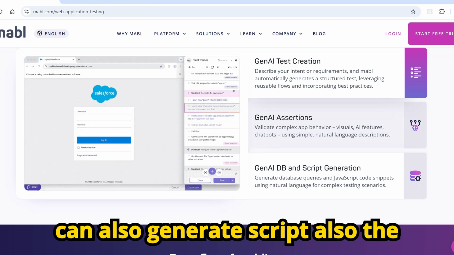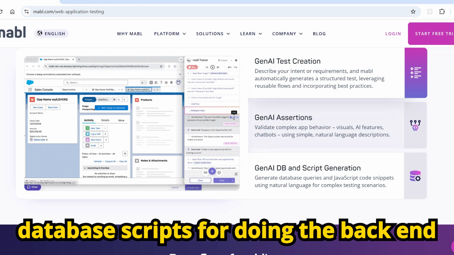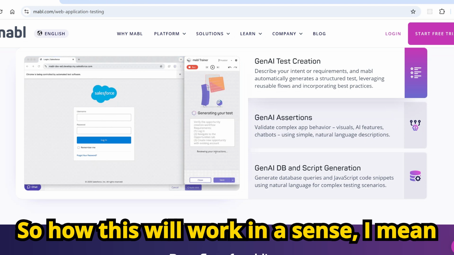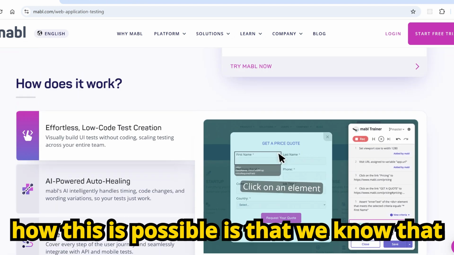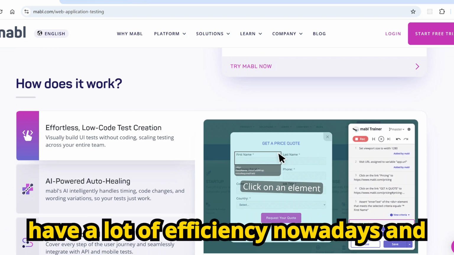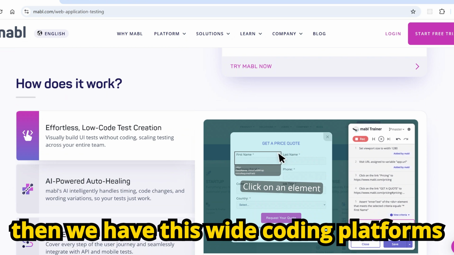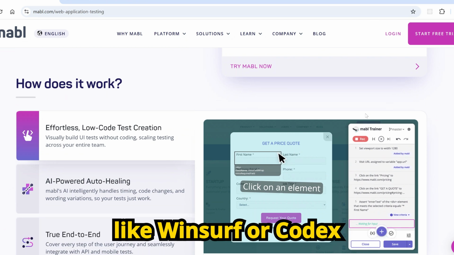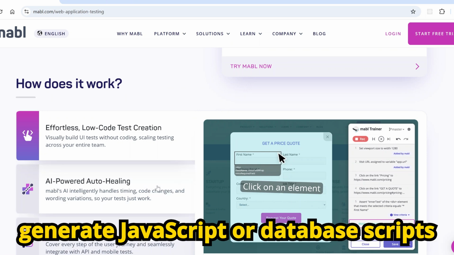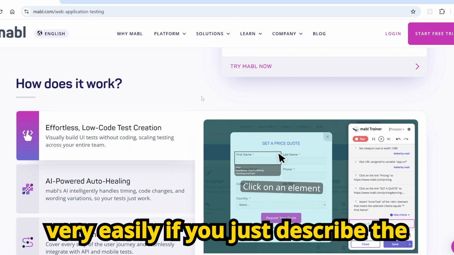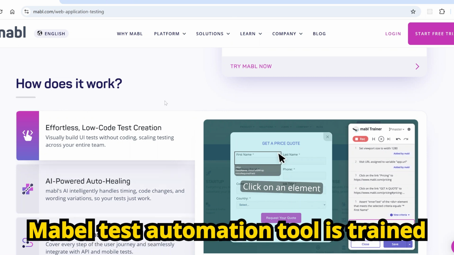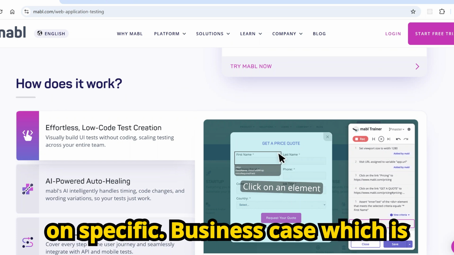The tool can also generate scripts, including the database scripts for backend testing and also API testing for you. How is this possible? We know that generative AI has become very efficient nowadays, and we have vibe coding platforms like Windsurf or Codex that can generate JavaScript or database scripts very easily if you just describe what you need. And these types of tools, the Mabl test automation tool, are trained on a specific business case,